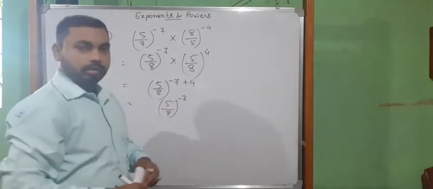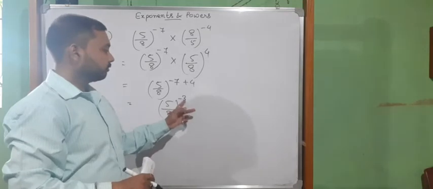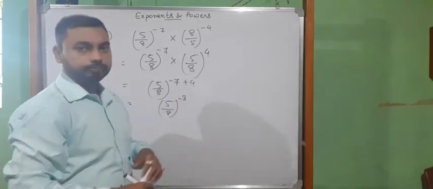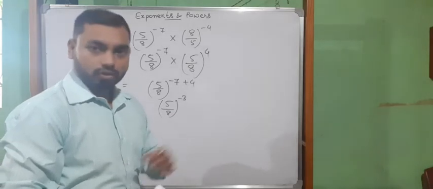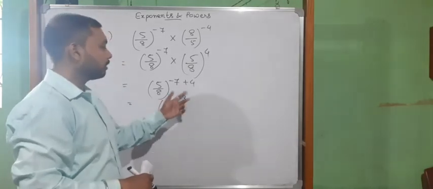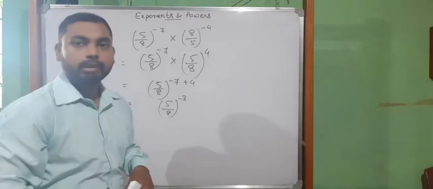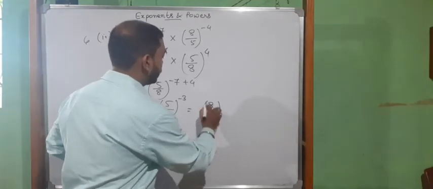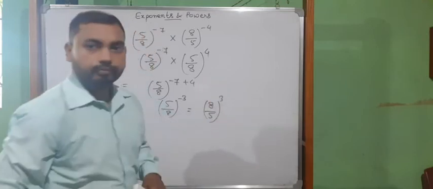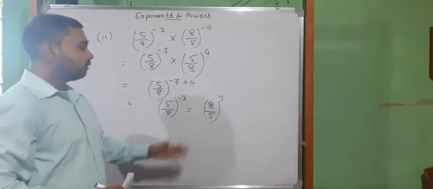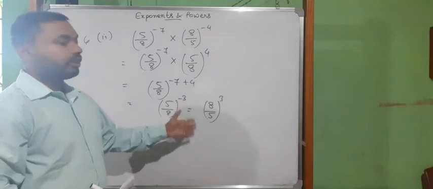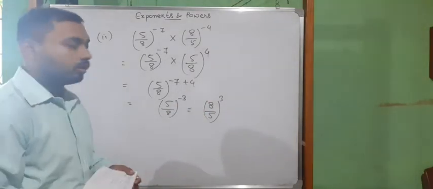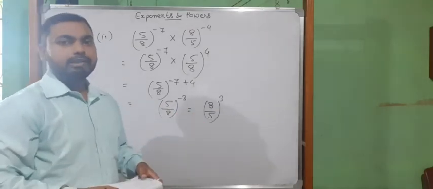Again, minus 3 is there, you can see the exponent minus 3. If I want to make this exponent a positive integer, then what do I have to do? Again I have to take the reciprocal of the base, so it will become (8/5) raised to the power 3. Now 8 into 8 into 8, because the question says evaluate, so we can multiply.